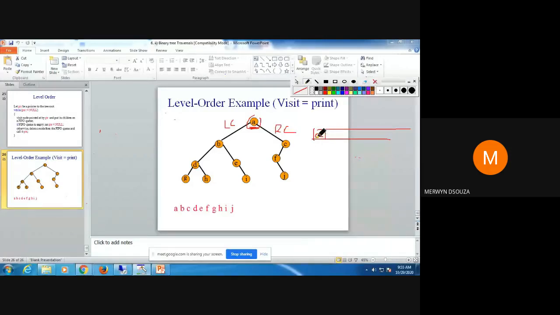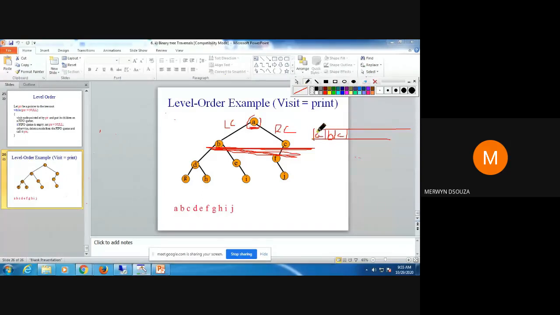Then you check whether A has a left child and a right child. If it does, then those children of A are on the same level. They cannot be on different levels. Then you store the children of A, B and C, onto the queue.